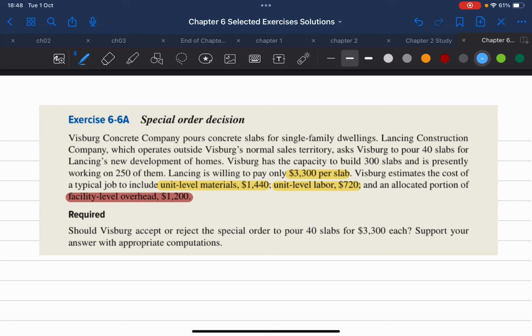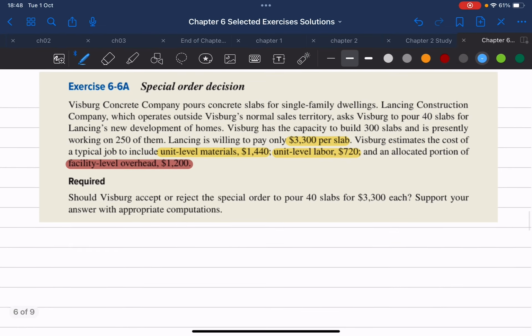Okay? So what we're going to do here, we're going to do a small table where we're going to list our relevant revenues and costs, right? So I'm going to call this column here relevant revenue and costs. Okay? And of course, as always, we're going to start with the revenue. So the sales revenue